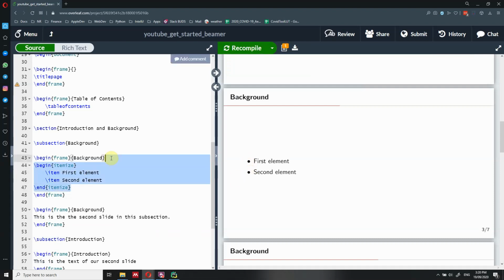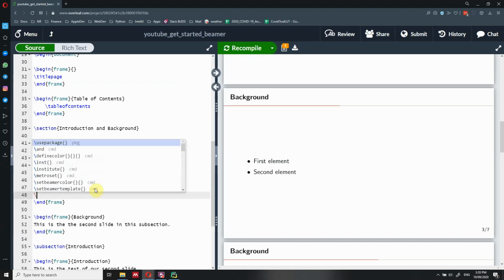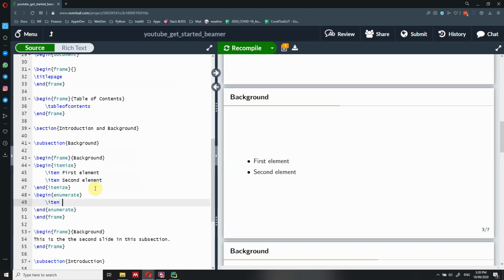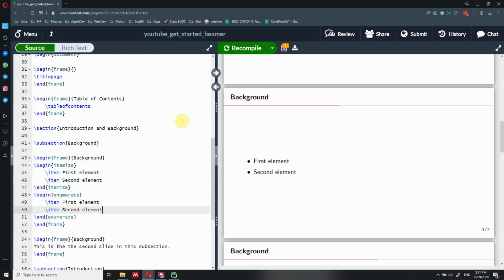If we want to add numbers, instead of begin itemize, we can use begin, open curly braces, and enumerate. Now again we can add our first item and second item in here. We compile it again with Control Enter. In this case, it is going to be a list with numbers because it's enumerated.